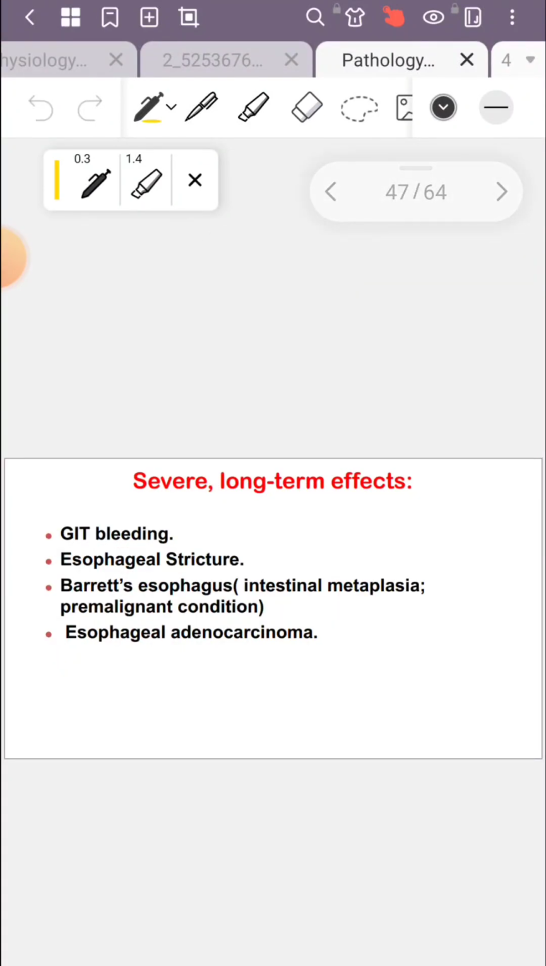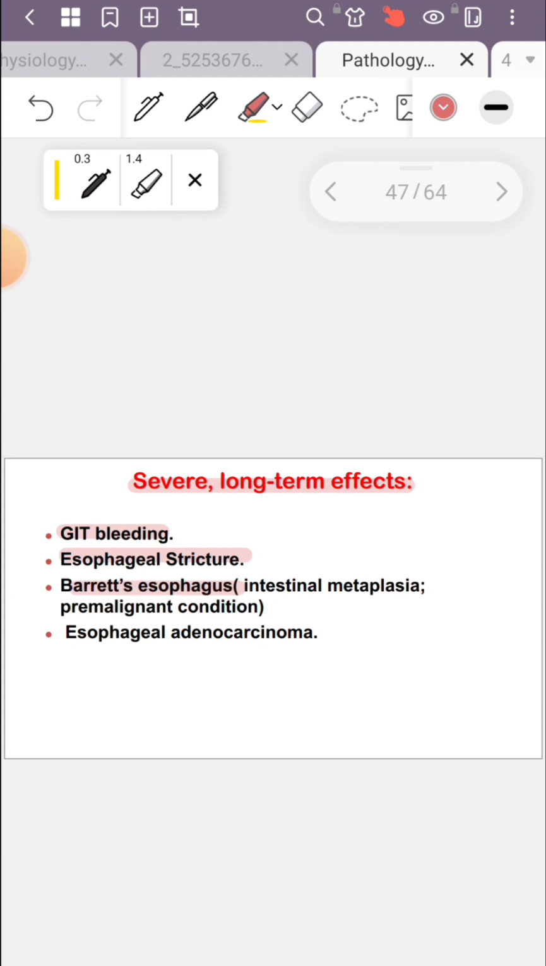Severe long-term effect of GERD is gastrointestinal bleeding, esophageal long-standing irritation results in inflammation, ulceration, fibrosis, تمام? Stricture formation. And long-standing complication، هذا long-standing يعني 10 سنين 15 سنة، Barrett esophagitis or Barrett esophagus, when there is